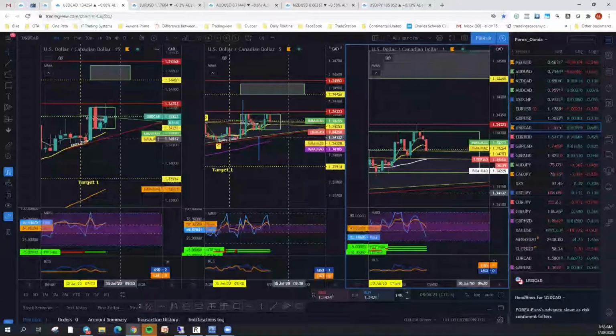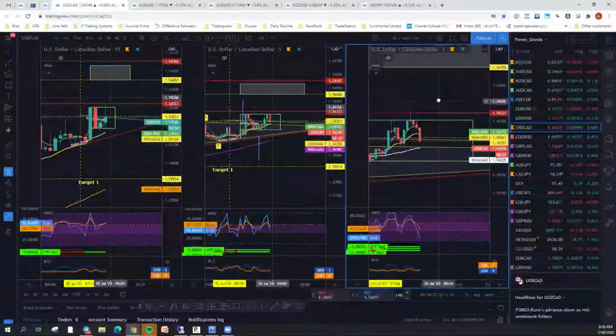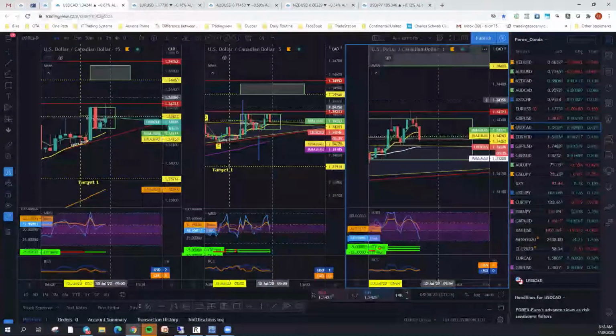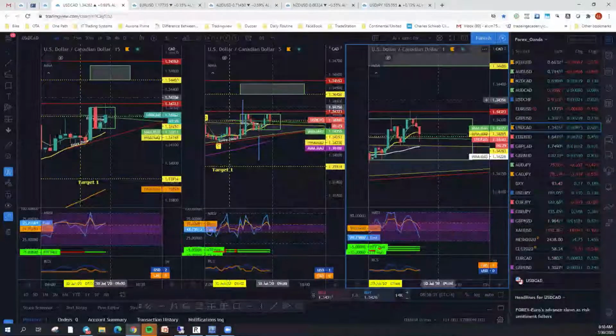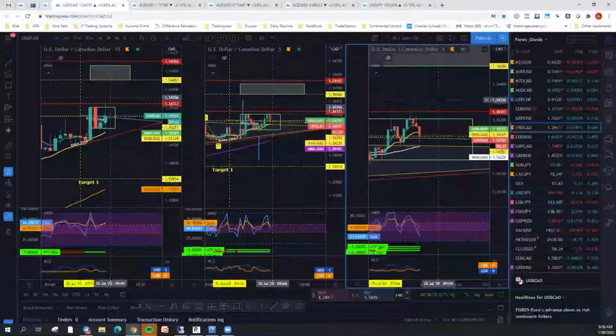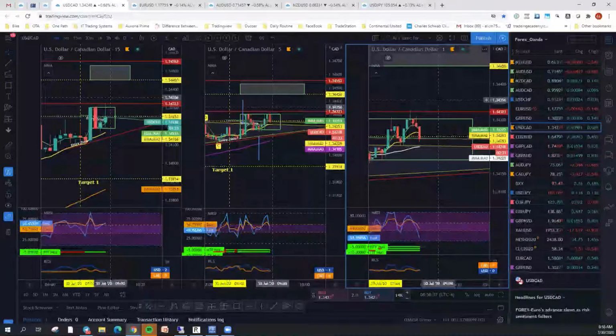Yeah, so we got a question here. Am I correct in understanding that for wedges, the direction, ascending or descending, is not as important as the direction of strength outside of the actual wedge? I would say yes, because we're just looking for where the breakout is.